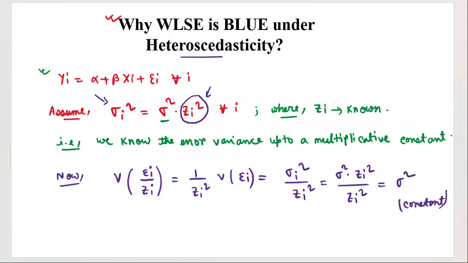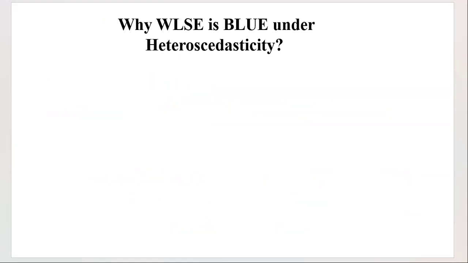So what we see here is that if you divide epsilon i by zi, then the error variance becomes constant. Hence, the variance of epsilon i upon zi is a constant for all i. So what does this tell you? This gives you a hint that we can transform our original model